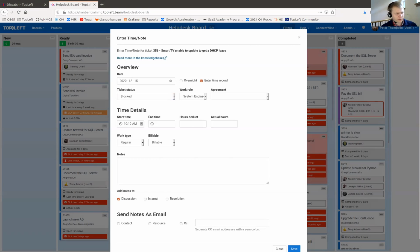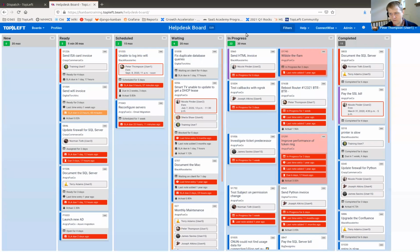So we have a couple. Now I'll talk about things that are only for the ConnectWise mode or only for AutoTask mode. So in ConnectWise mode, we've known for a while that there's a bit of a disconnect in that when you change ticket statuses, move it to a different column or enter time or so on, that it would actually appear in ConnectWise,